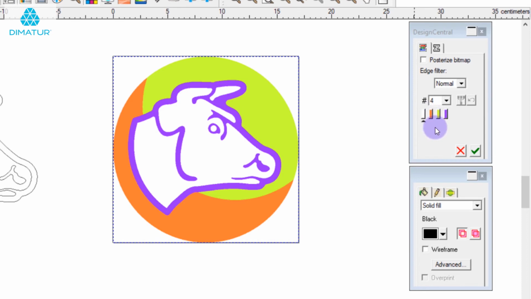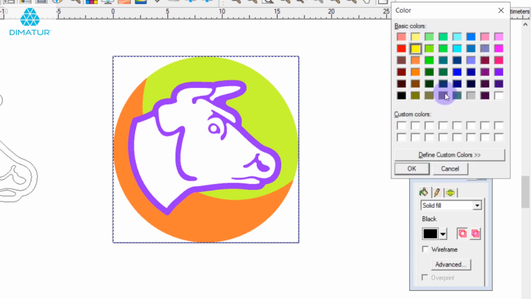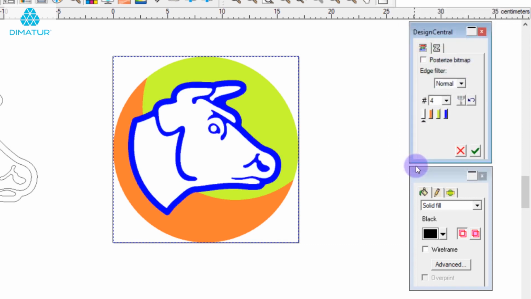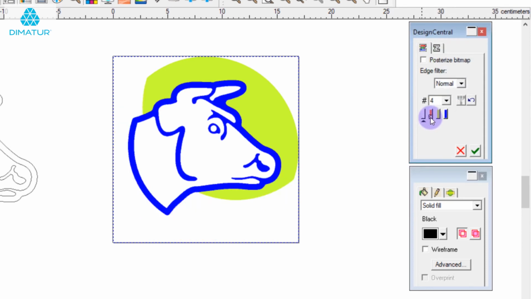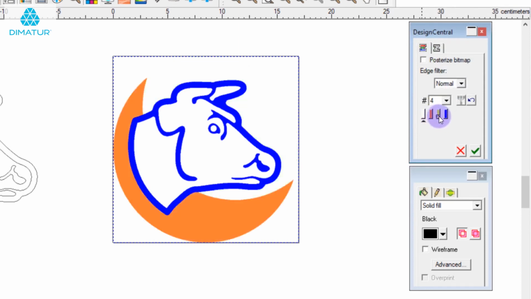But we also have some more options in Design Central for this. If I use Control and click, I can change the color to a different color before I trace it. And if I use Shift and click, I can turn on and off different colors that have been detected. And when I press Apply,